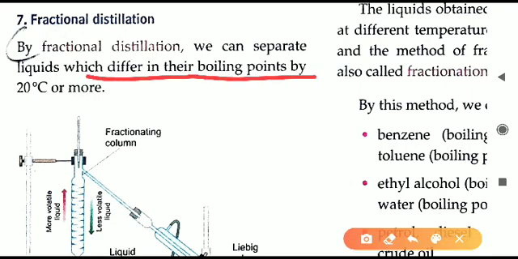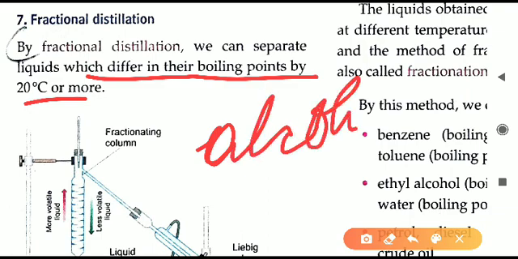The difference in the boiling point should be there. Both the liquids which we are separating from each other, their boiling point should be different from each other, and also the difference should be of minimum 20 degrees Celsius. More than 20 degrees Celsius anything can be there, but minimum 20 degrees Celsius difference of boiling point should be there. Like alcohol,